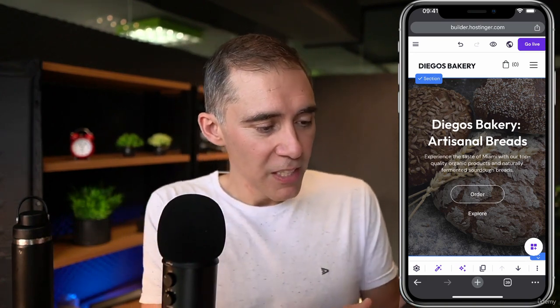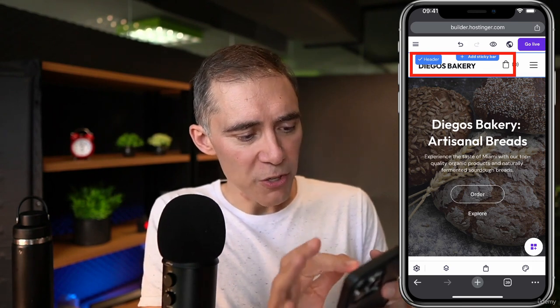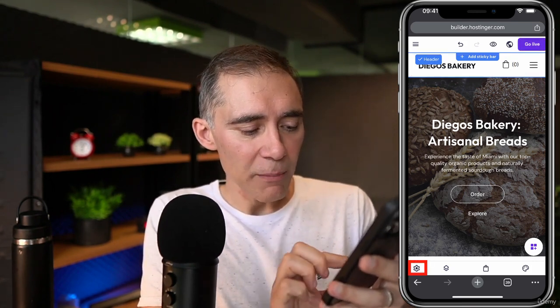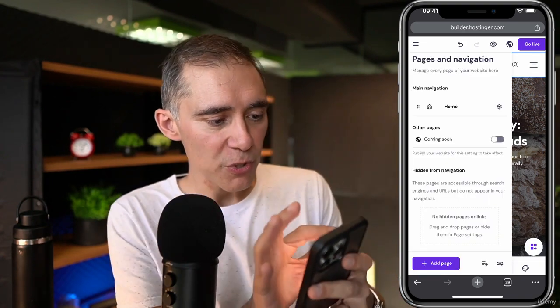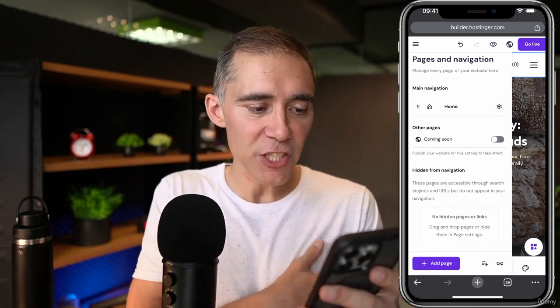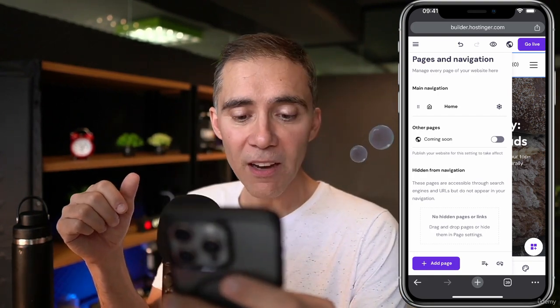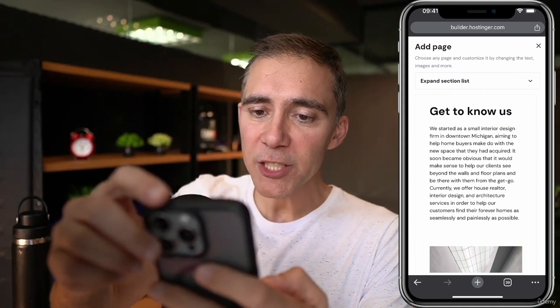Let me show you. If we go to the header here, on the top where you see the company name, I double click there and you see the menu at the bottom. We have the gear icon, and the second icon is the menu icon. So you see here pages and navigation, and right now we have only the home page. So I can click on the button saying add page to add a new page, and if I expand this